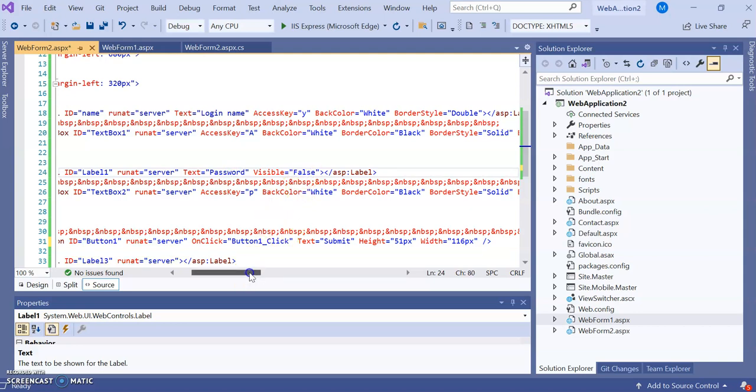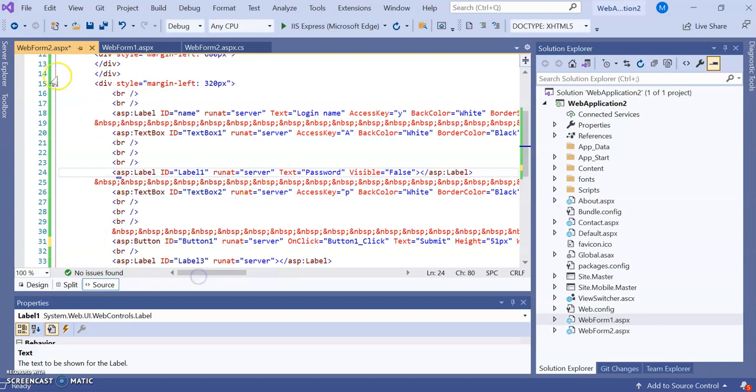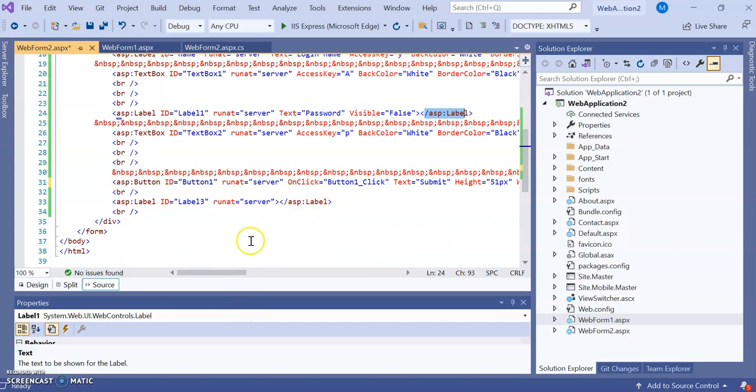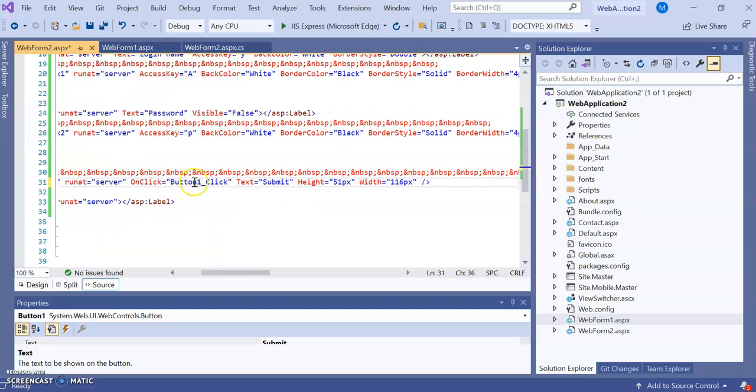So these properties get set over here in the source part, in the ASP label. Same with the button, ASP button ID button 1, run at the server, OnClick button 1_Click. Now here OnClick is an event, one of the event handling mechanisms.